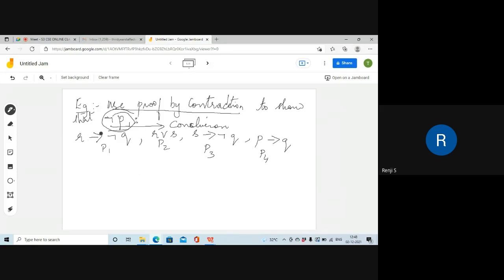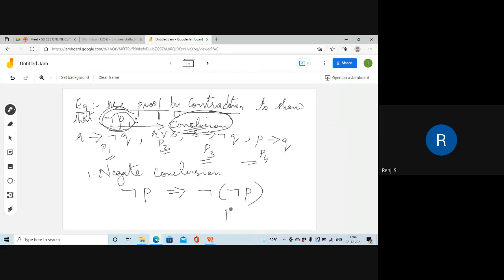So now I have to prove this. So we have 4 premises, and we can apply only the proof by contradiction now. So to apply this proof by contradiction, what does that method say? To prove not P, or to prove this conclusion, I have to negate the conclusion first. First step is to negate the conclusion. Our conclusion is not P. When we negate the conclusion, you get not of not P. So what is not of not P? And that is P.